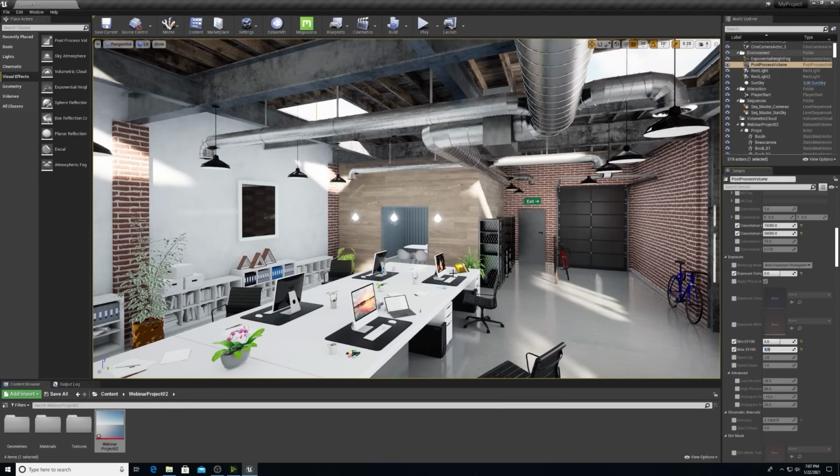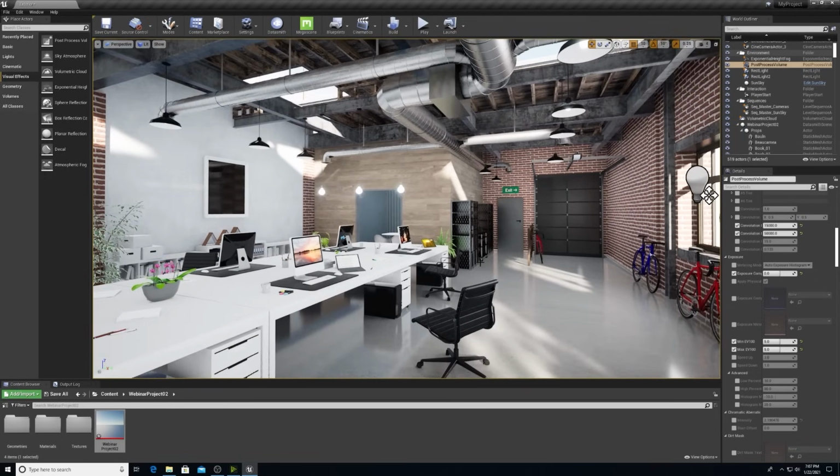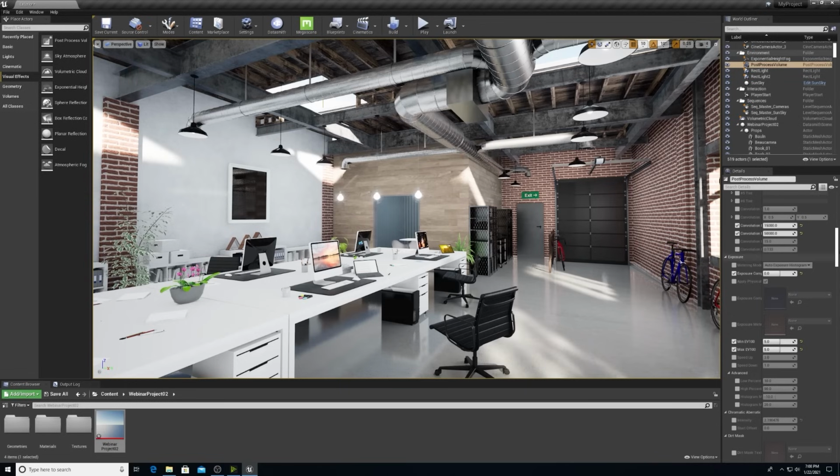This number can change with the exposure settings you prefer for the space you are working on. So, smaller numbers for interior spaces that do not get as much light, and higher numbers for larger spaces with a lot of windows. This is something you can always change as you work to get the correct exposure. You can also do some color grading in here.